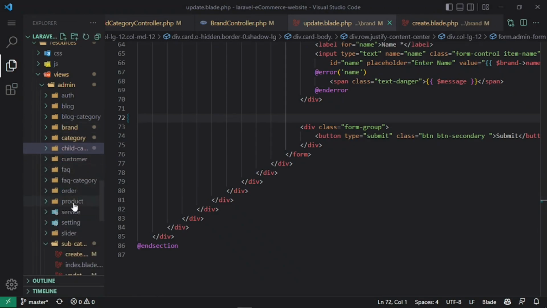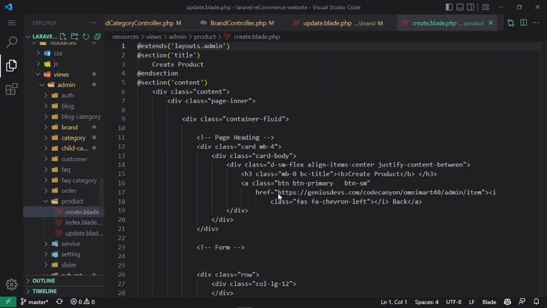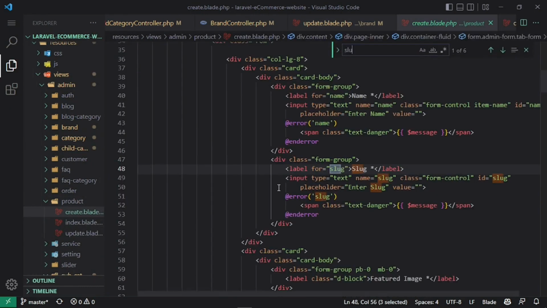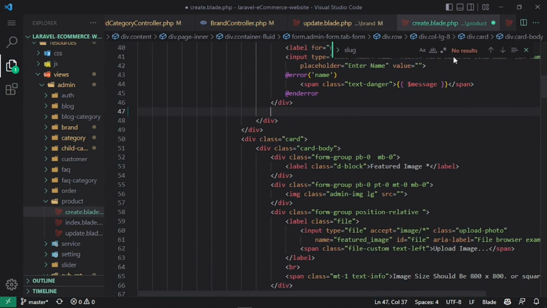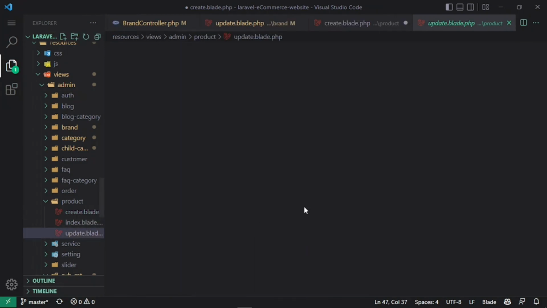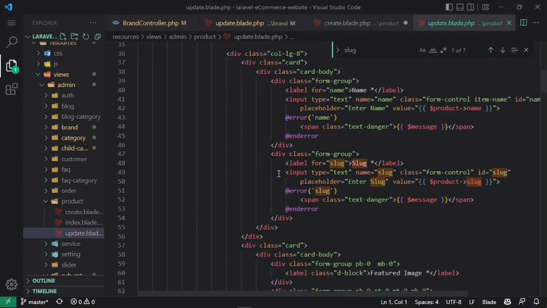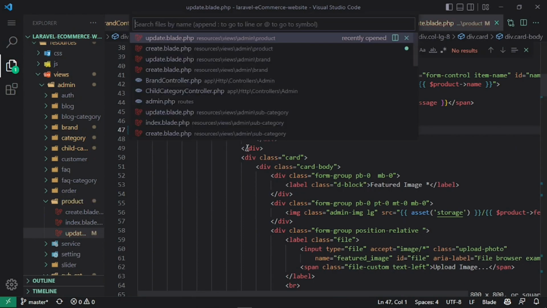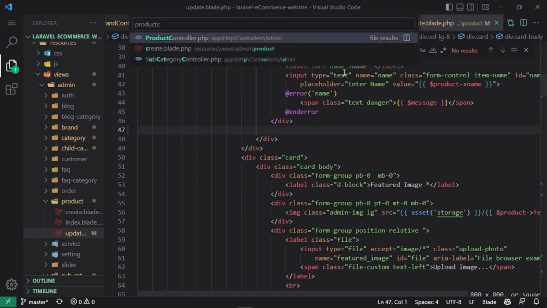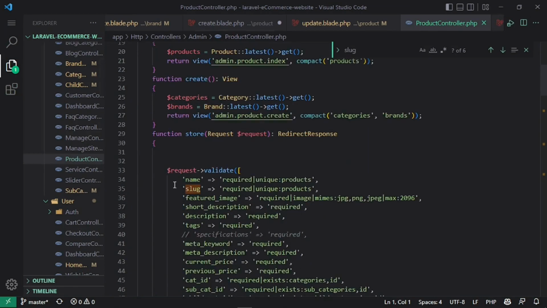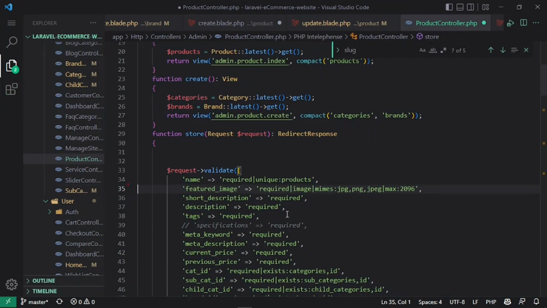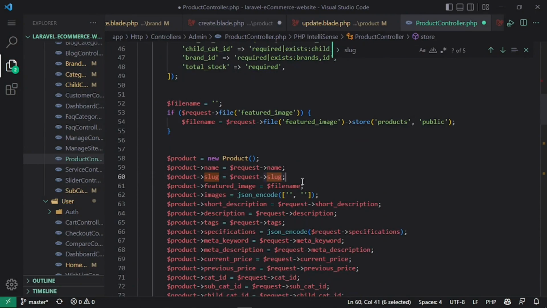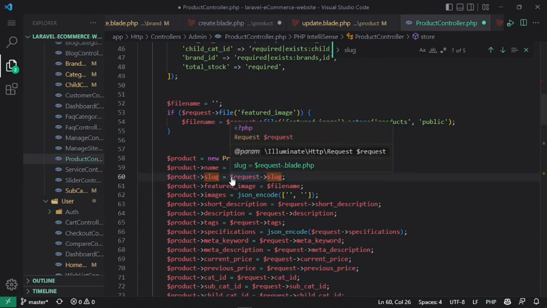So here, in product create, search for slug and remove it. Slug in the update as well, search for slug and remove it. We will have to go to the product controller and remove this slug from validation. You can see it's a unique slug from the product, so it's using this slug to create